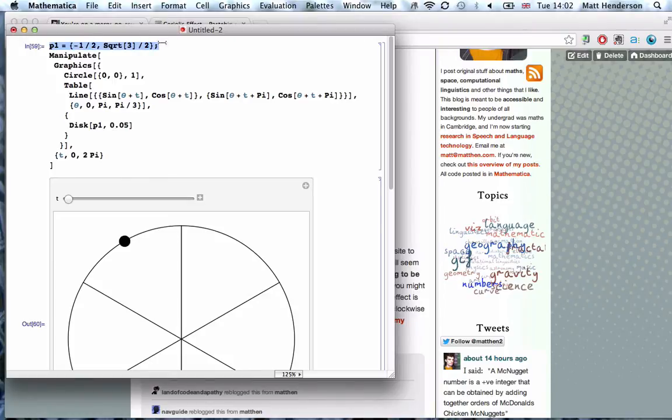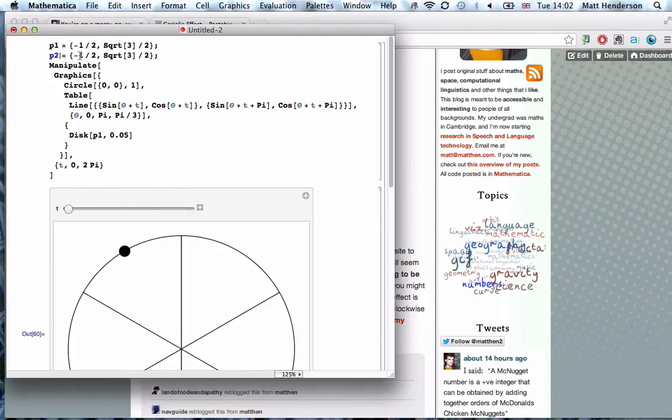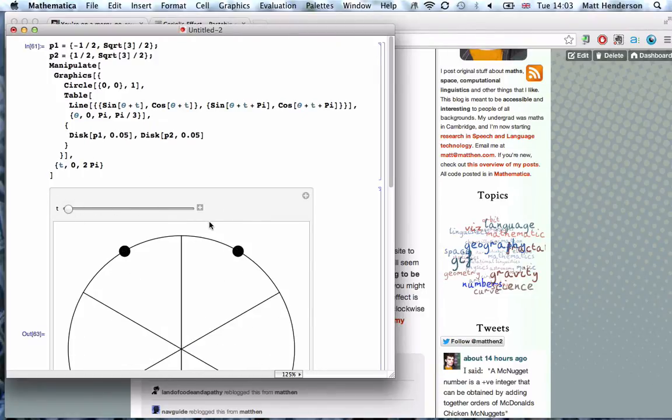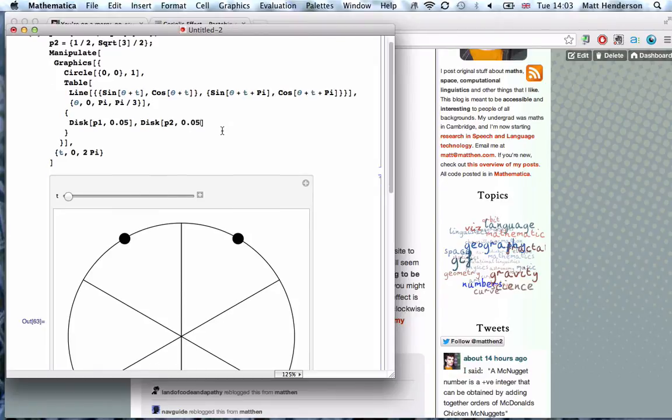And then the point I wanted to make it go to is just on the other side, like that, see? So just to check that that looks correct. Yeah, so from here to here, and then see what path it makes on the rotation. So first, I guess I want to draw the line. So the line will go from P1 to P2